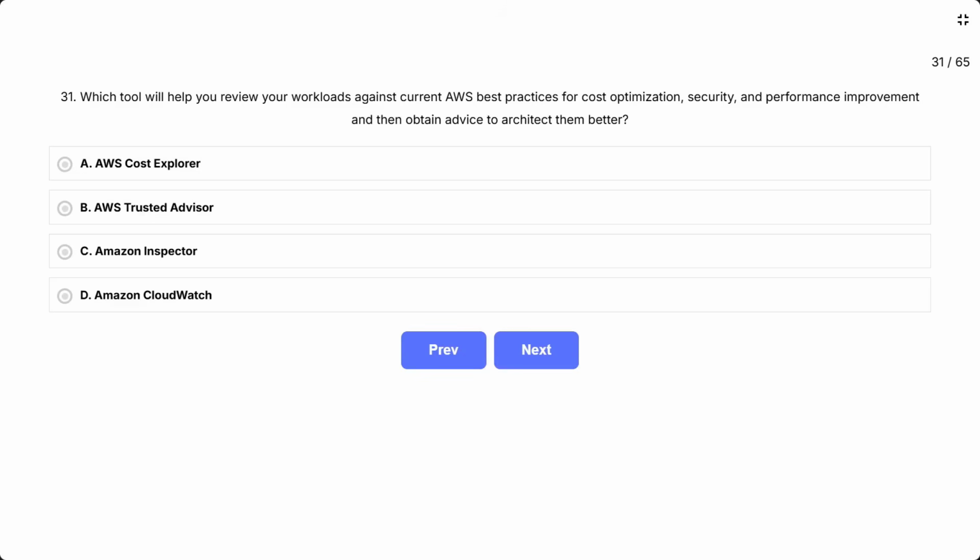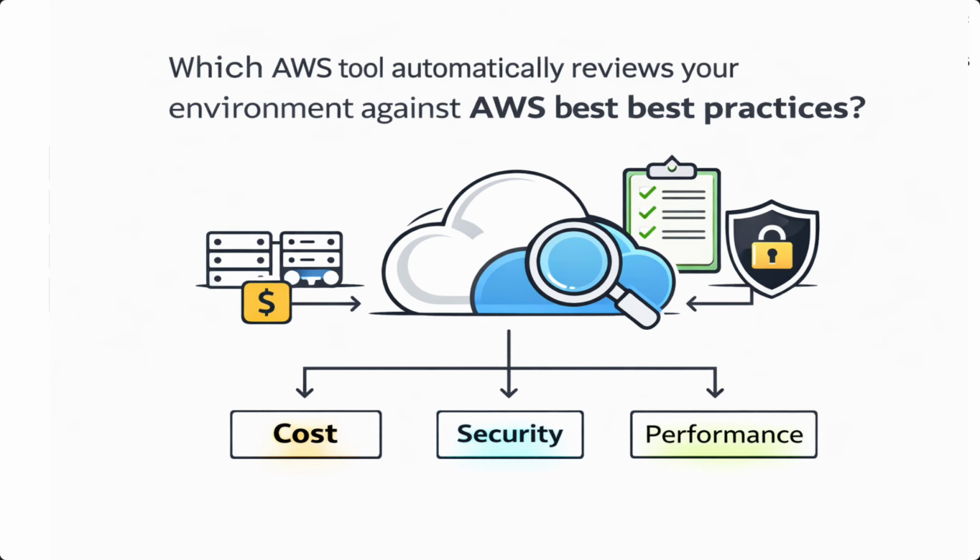Question 31. Which tool will help you review your workloads against current AWS best practices for cost optimization, security, and performance improvement, and then obtain advice to architect them better? A. AWS Cost Explorer. B. AWS Trusted Advisor. C. Amazon Inspector. D. Amazon CloudWatch. This question asks which AWS tool automatically reviews your environment against AWS best practices and provides recommendations